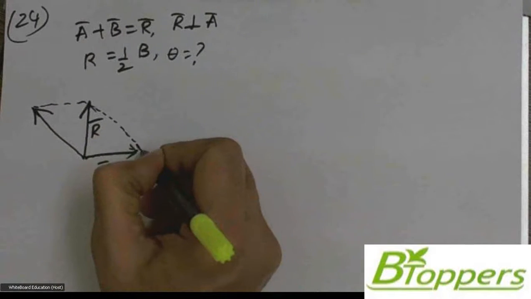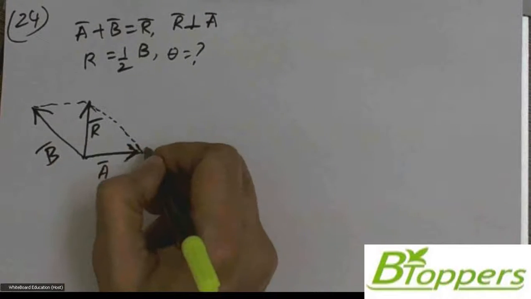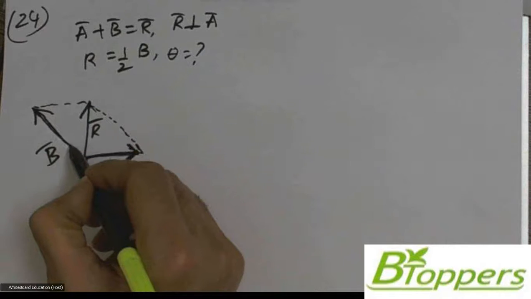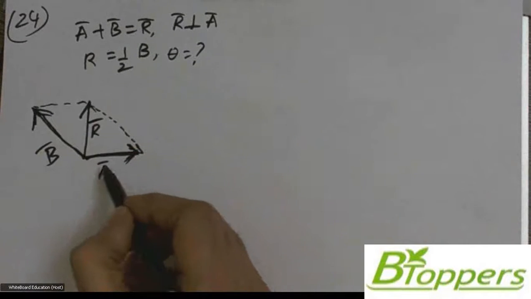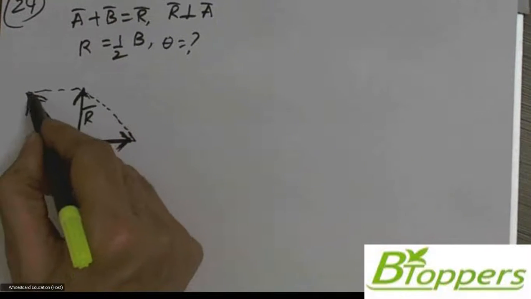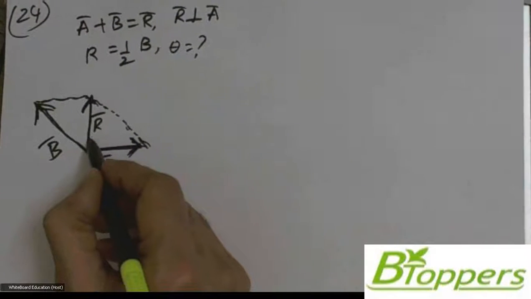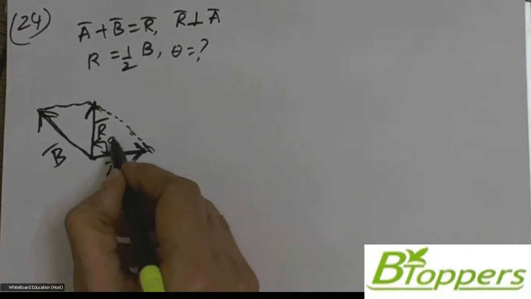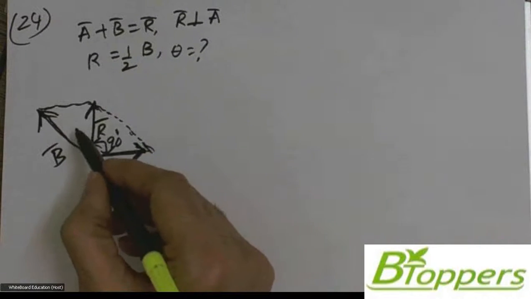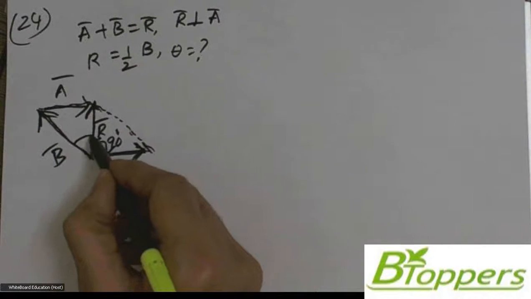The resultant R bar is given to be perpendicular to the first vector A bar. So this is a parallelogram here. We represented the two vectors A bar and B bar graphically by the adjacent sides of the parallelogram. The tail of A bar is attached to the tail of B bar. The diagonal of this parallelogram passing through their point of intersection represents the vector sum or resultant both in magnitude and direction. So given that the resultant is perpendicular to A bar, and in a parallelogram opposite sides are equal, so this will also be equal to A bar.